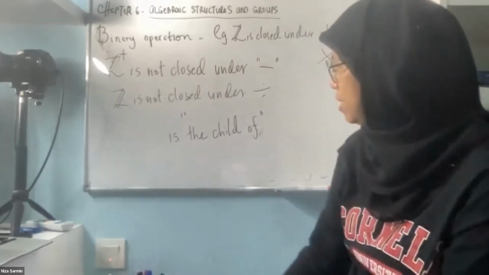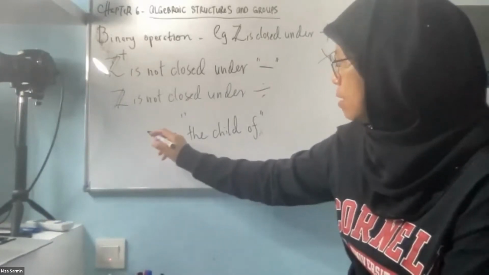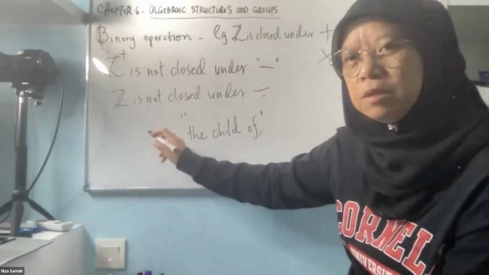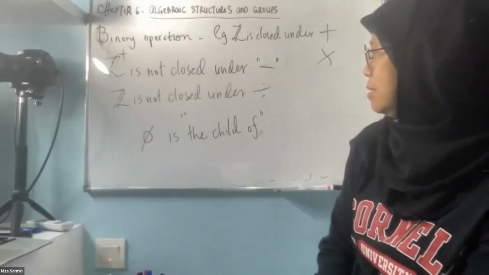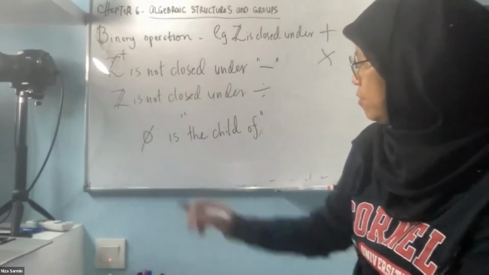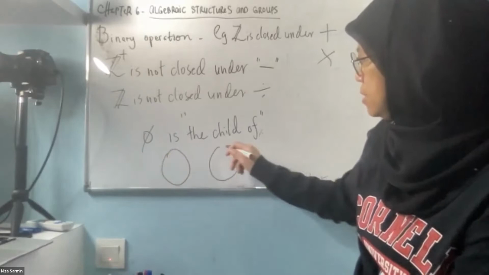Maybe I don't put f yet, I put a mapping, yeah? What do we call the normal mapping, maybe, the child of. So if you have this person here and this person here,